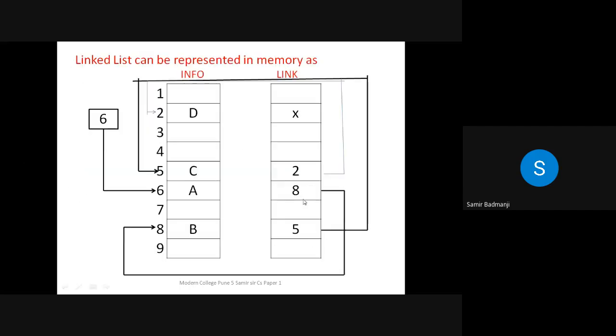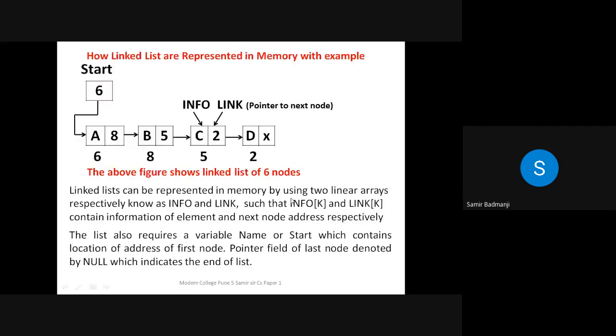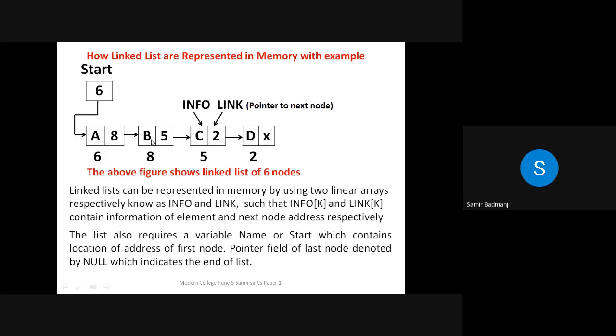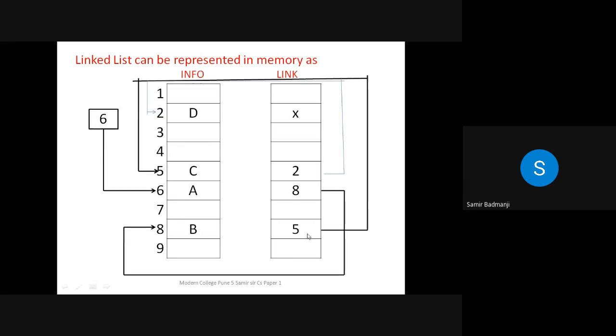Okay, now see 8. Now where this 8 is going, 8 is going and it is storing B. So how you have to show this link, from 8 just draw an arrow. You can just draw a normal arrow, no need for it to be straight. So directly if you just draw a line from here to B, it will do. See, from 8 go to this 8 location. Now what this 8 location is going to store, B and 5. So just write B and 5 there.